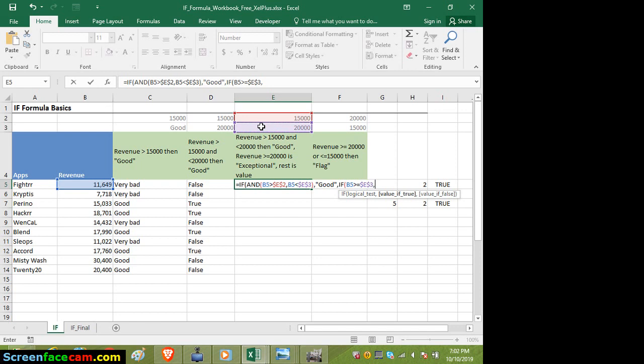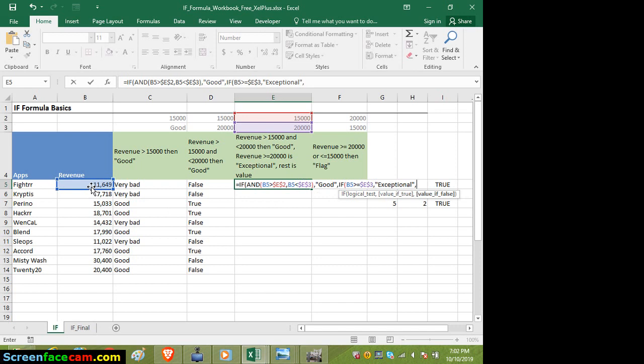Then I say comma. So in case this expression is true, it would put the word exception, alright? Exception. Okay? Then, in a case that it is false, it should just return to me the value